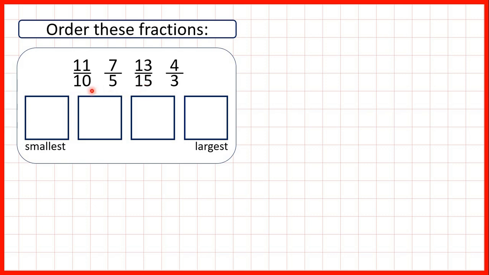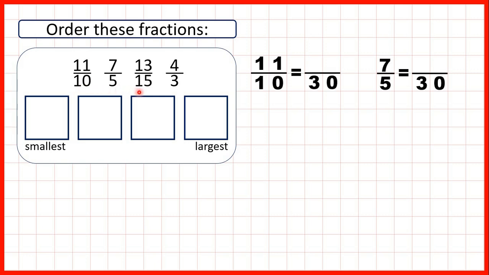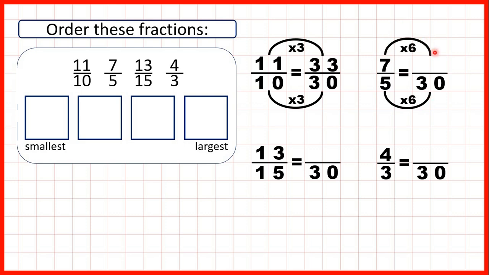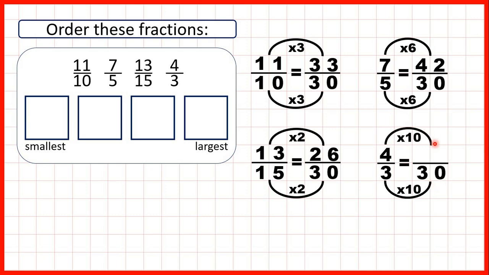But as 30 is the lowest common multiple of all of our denominators, we can find equivalent fractions to 11 tenths, 7 fifths, 13 fifteenths and 4 thirds, which have a denominator of 30. Because when we've got a common denominator, it's easier to compare fractions. So 10 times 3 is 30, 11 times 3 is 33, 5 times 6 is 30, 7 times 6 is 42, 15 times 2 is 30, 13 times 2 is 26, 3 times 10 is 30, 4 times 10 is